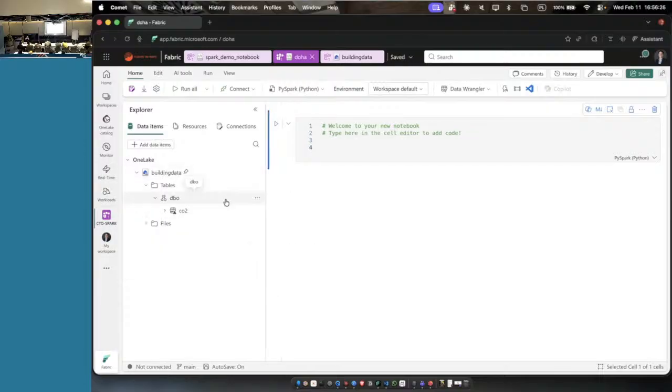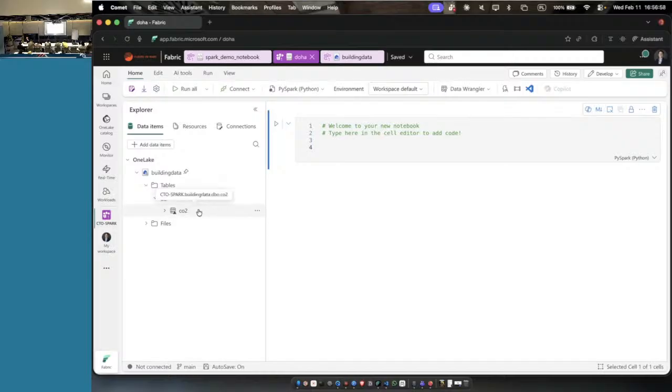As you can see, by the way, I have a notebook. I can have multiple lakehouses. And this is an advanced topic, cross-lakehouse queries. Imagine you have a lakehouse for your customer domain, a lakehouse for the HR department, for the sales department, for the marketing department. And for the very first time, you can start querying data across all of them in one notebook. So this is the way to get a 360 on your business.